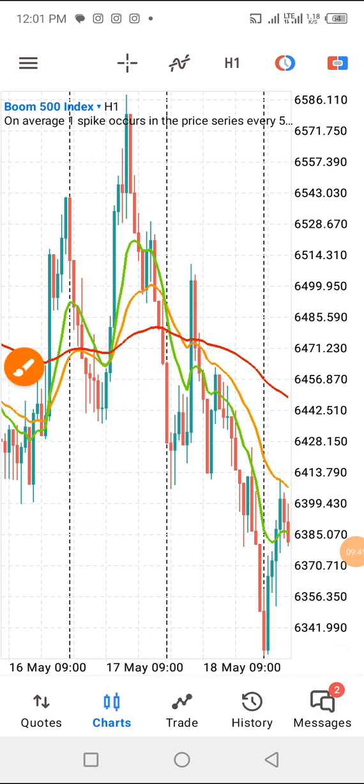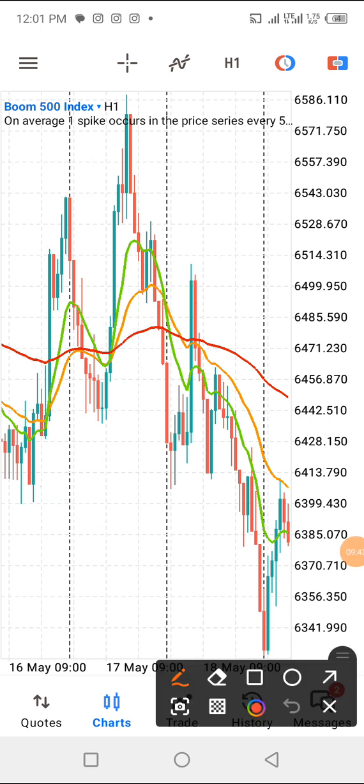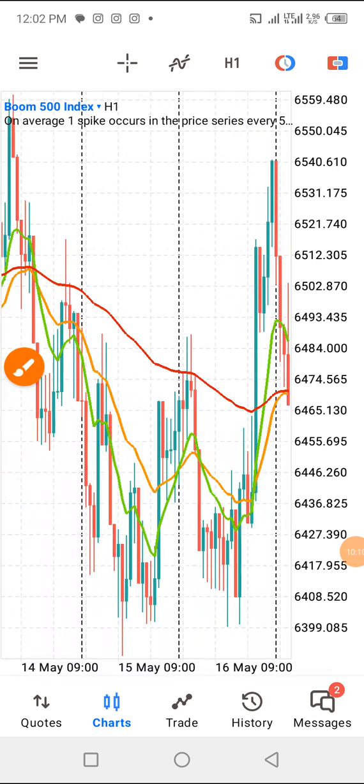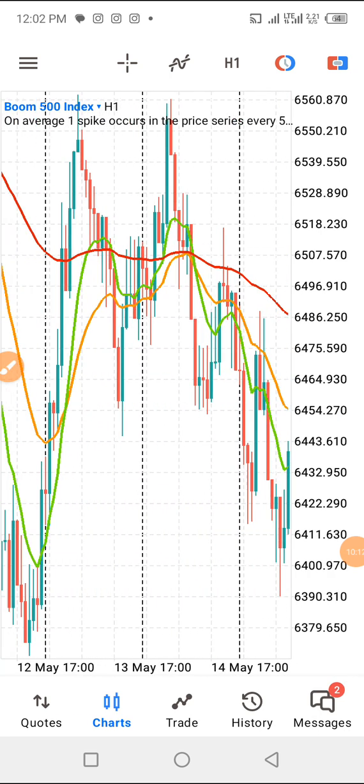So please always make sure you understand where price gives you the first alert. This was our first alert, which delivered, and this was our first alert for sell, which also delivered. So if you are doing it, make sure you take note of the alert. The alert is the green one crossing below the yellow one. So you can't compare the cross of 1 minute to 1 hour. So whichever time frame you choose to use, make sure that you are very conversant with where you got the alert from. Is that clear?